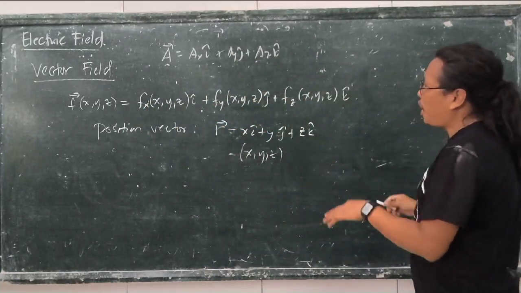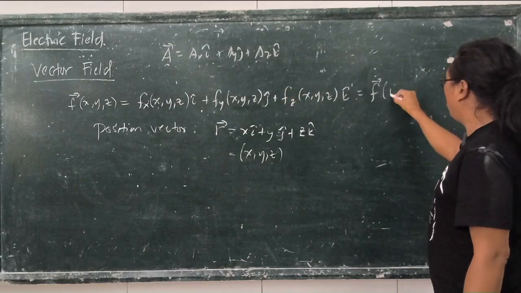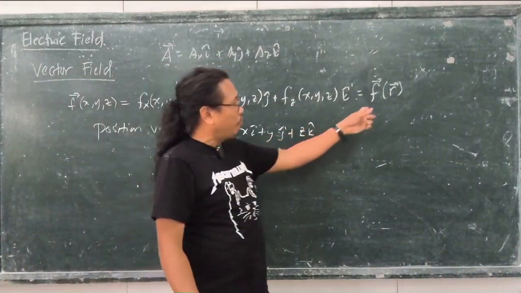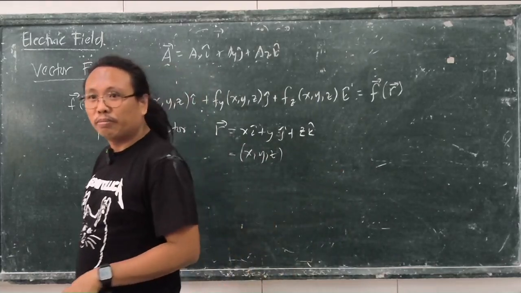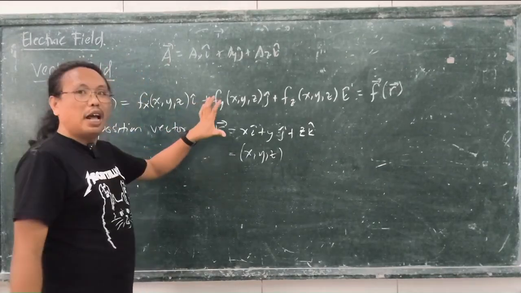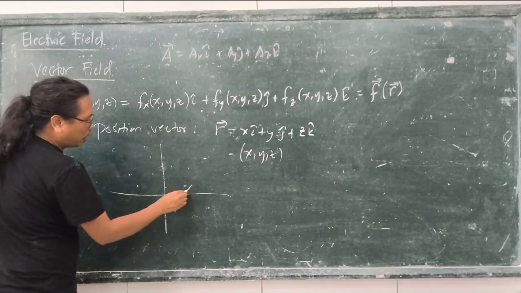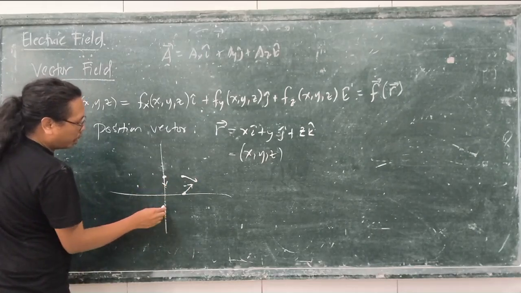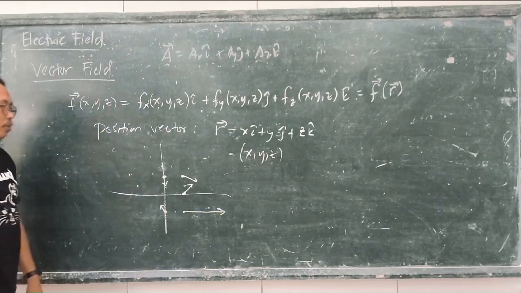We can also name this vector F, instead of F of x, y, and z, as F of the position vector r. F of r. But r now is a vector. So a vector which is a function of a vector. Understand? Now, how does it look? Since at every point x, y, z, you will have a different value for the vector, it could be that at this point the vector is going that way. At this point, the vector is going this way. And let's say the vector is getting smaller here. And here, the vector is going there. And as you can see,